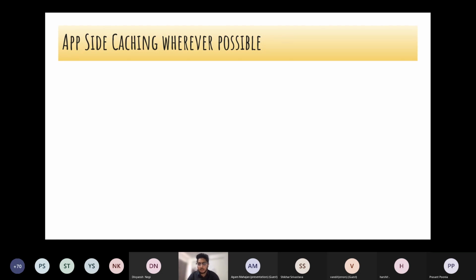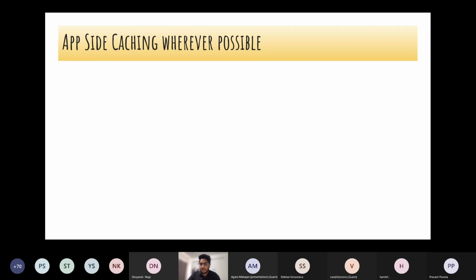So we should always think of doing caching wherever possible, in different ways. One is straightforward: image caching is simple. That is compulsory when you have a very rich UI, with a lot of images and media, so you will go for image caching. That will improve your rendering time. There are other little things you can do in app caching. You can do API response caching from your side if you think it won't change that much.